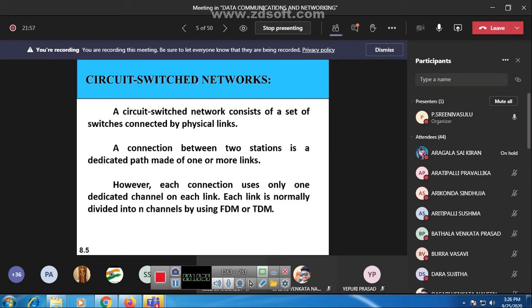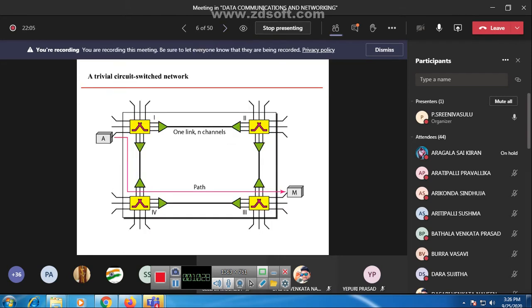So this circuit switching network consists of a set of switches connected by physical lines. Here I will show the diagram of a trial circuit switched network. In this diagram, at one end we have the A system and at the other end we have the M system. We have different channels and only one link.